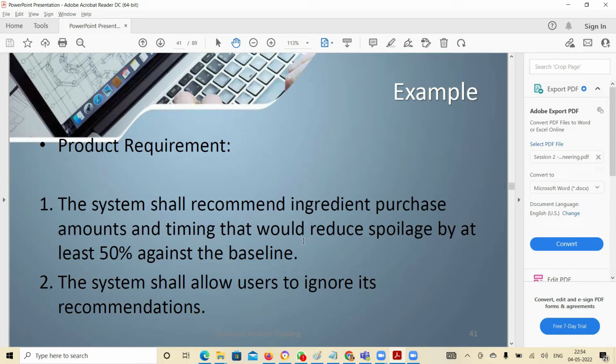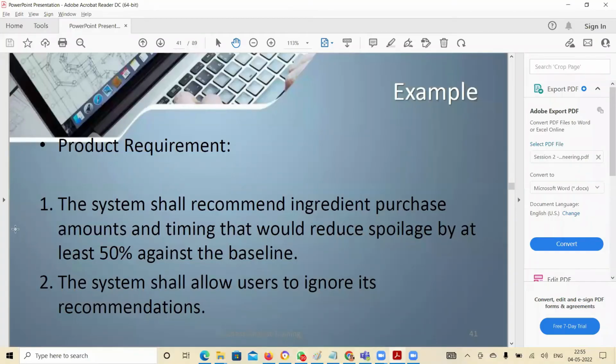And sometimes you should be able to ignore the recommendations. Why should you ignore the recommendations? When you have more information than the system.